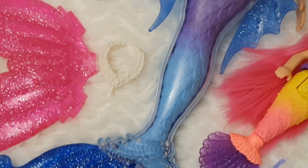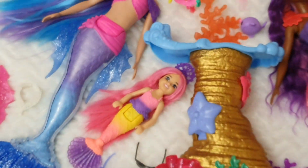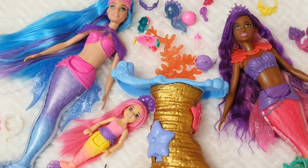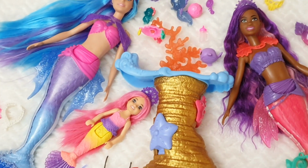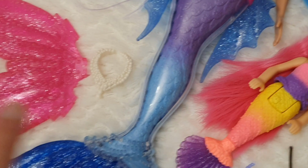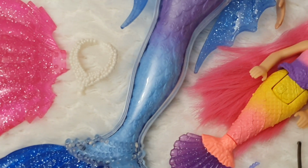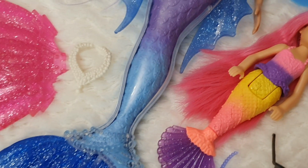The two big ones came with this separate alternate fin, so that's great because you can interchange those. And I'm now guessing that with the new Mattel dolls, you can do that as well. So if you want to keep being creative around your dolls, you can definitely do that. And even though they click securely in place, they are easy to remove and then swap altogether. She also came with this pearly clustered necklace, and the fin design is just so beautiful